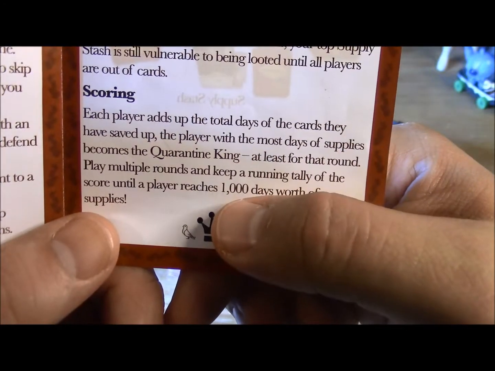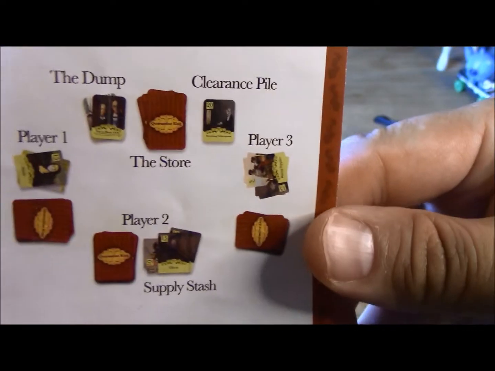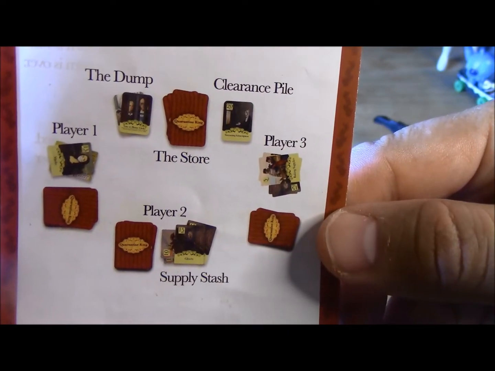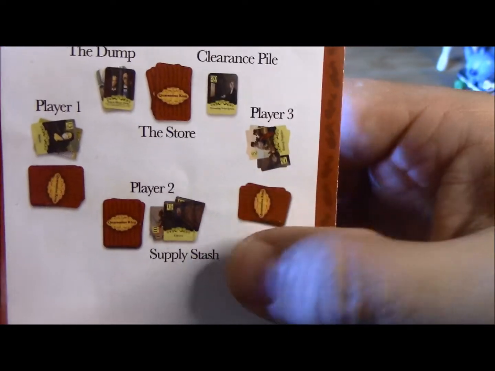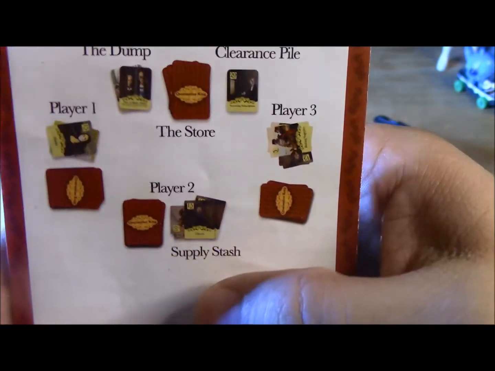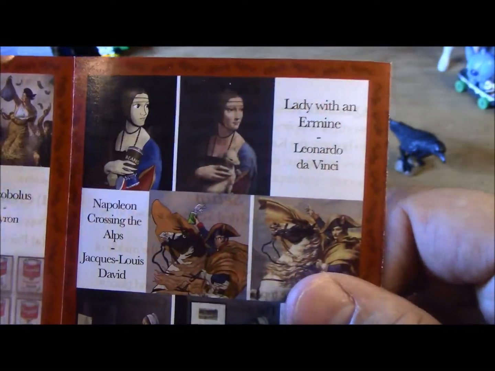And keep a running tally until 1,000 days worth of supplies. And then that is what it looks like. The dump, the clearance, the store, player 1, his hand, player 2. The hand, you can see the stash, it's all perpendicular to each other and stuff. So the last thing they also have is